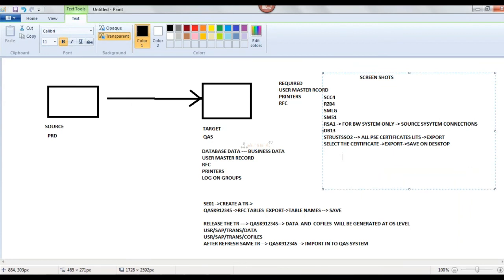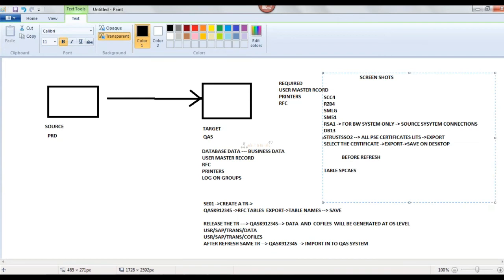Okay. And before the refresh, what are the pre-steps I need to take care of? Pre-steps in the sense, if it is an Oracle database, in Oracle database we have the table spaces concept, right? All the tables will be stored in table spaces only, correct?